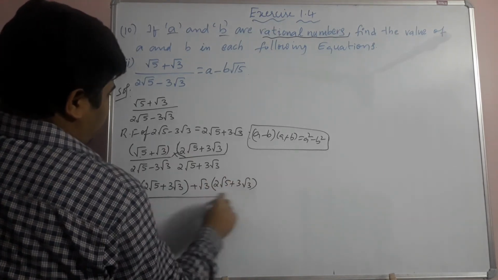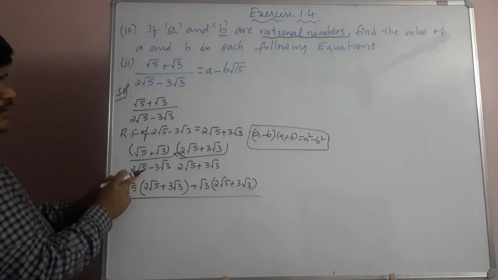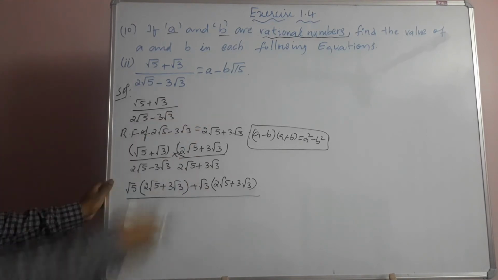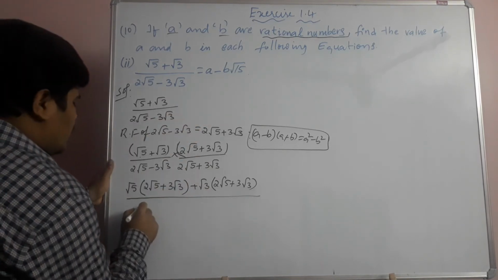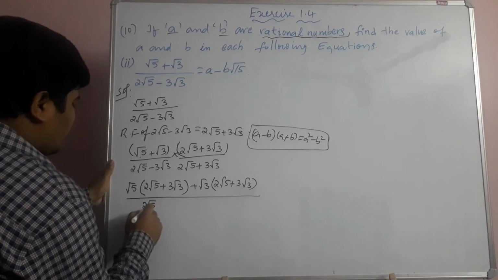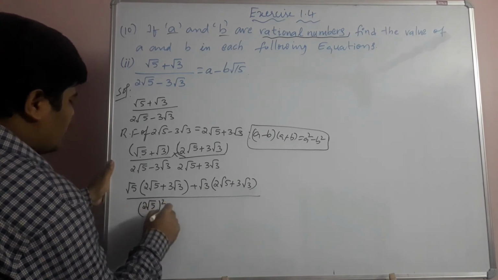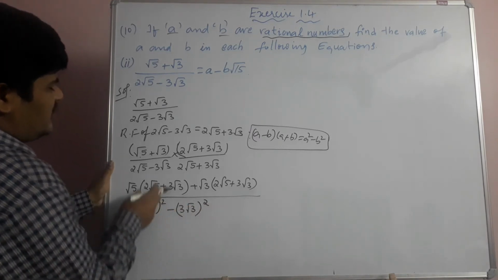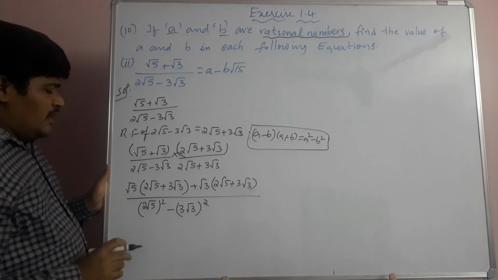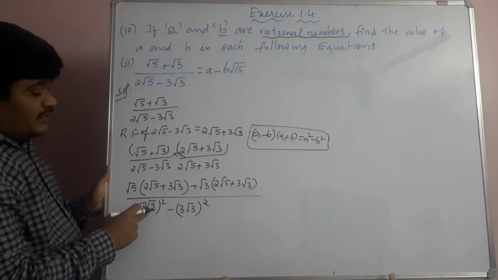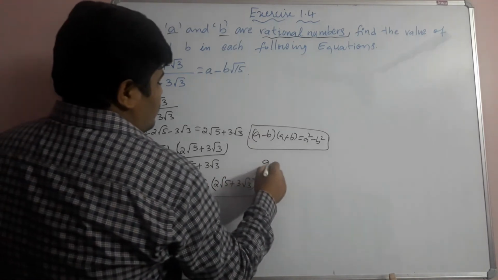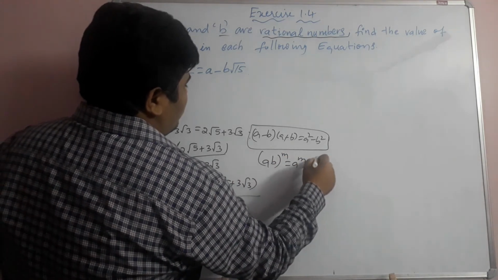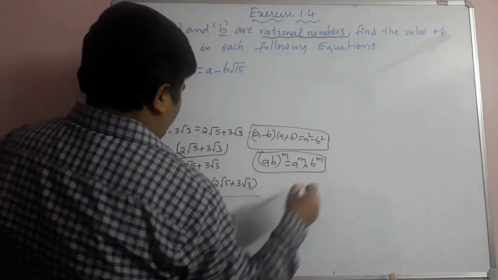Now this denominator is in the form of (a minus b) into (a plus b), that is equal to a square minus b square. So I can write here (2 root 5) whole square minus (3 root 3) whole square. We just substitute in the formula and we got this. Here again one more formula we will use, students. What is that? (a into b) whole power m is equal to a power m into b power m.